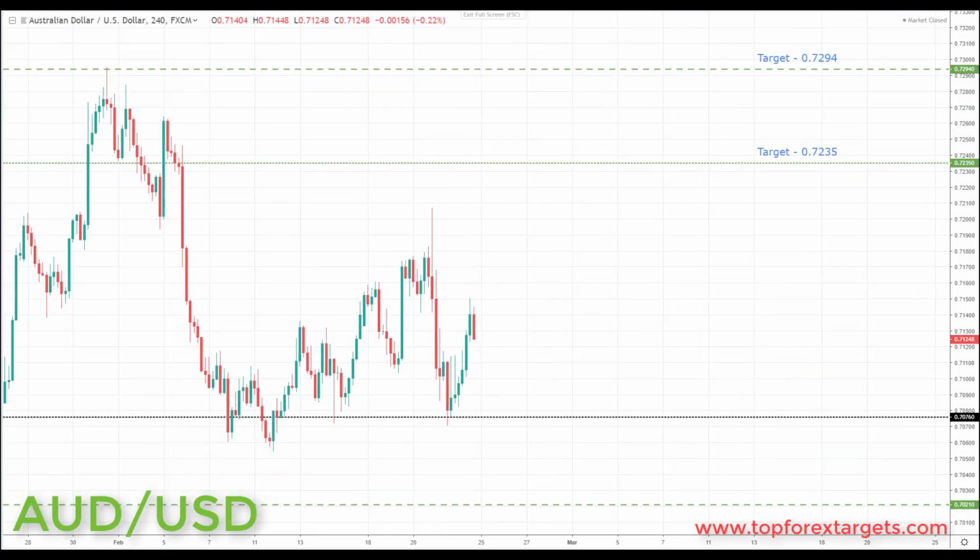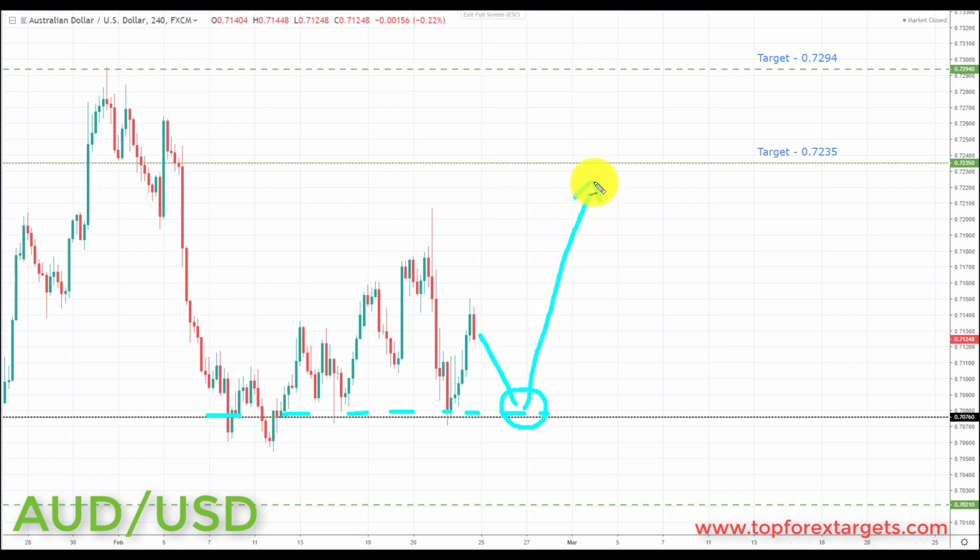So the next market we're going to look at is Aussie dollar. Now we actually start the week inside a range, and we bounced last week at the key area of support, the 0.70760. This is an area where we're going to start to look, see if we can get a pullback and possibly another retest of the range bottom at the 0.70760. If we can get a pullback and a retest of the range bottom, this is going to be a great area to start to look for bullish formations and patterns. And if we get the right kind of bullish formations and patterns in this area, we're going to be looking for a bounce up to the range top at the